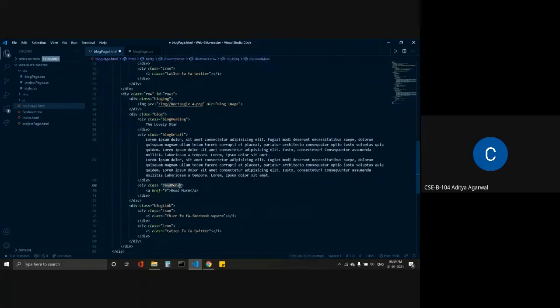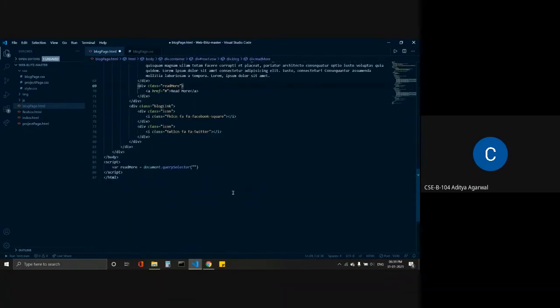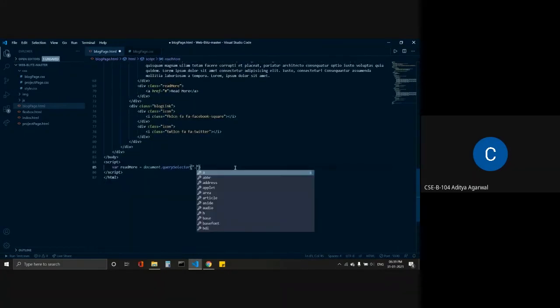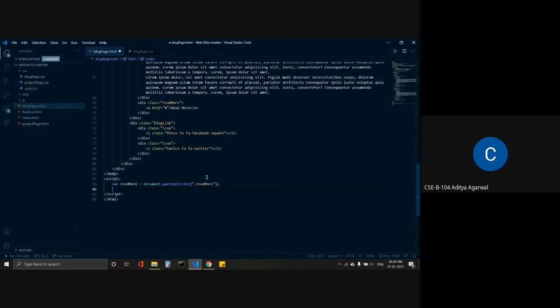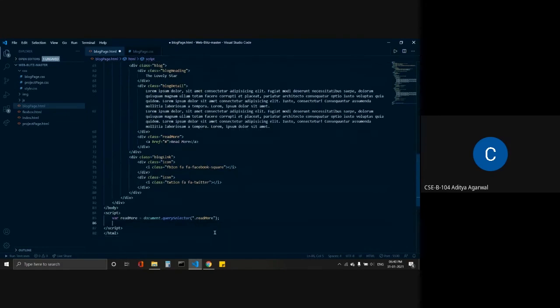The class name is readmore, so I will write dot readmore. If I print this readmore variable, can anyone guess what will be the result? Will it be a single tag or an array or something else?